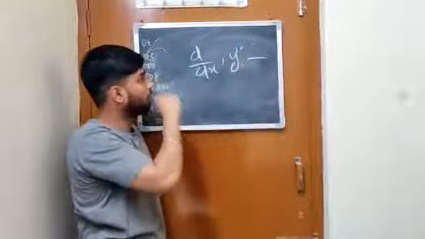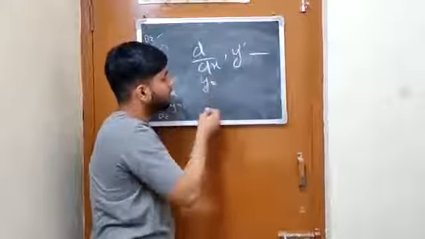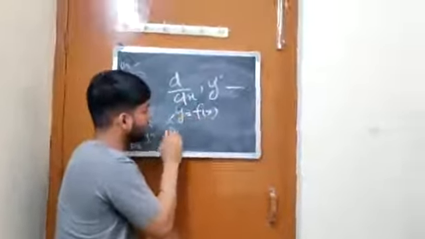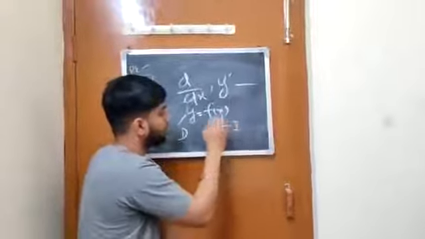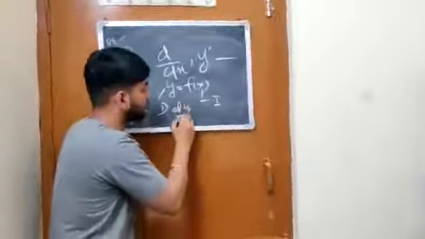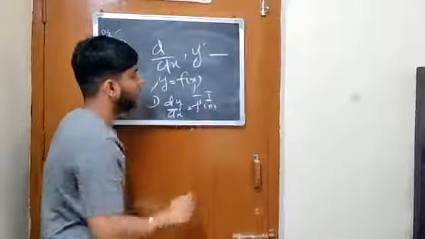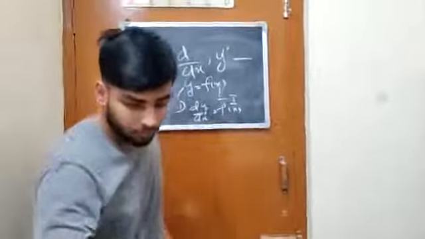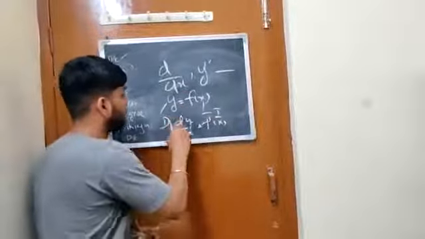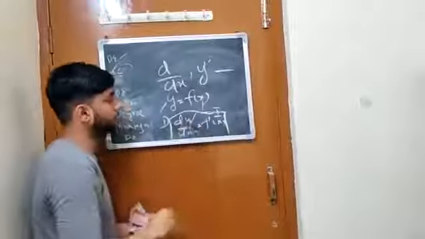Now, how can we write an equation? Let us suppose every equation is written in the form y is equal to f(x). Now what is y? It's a dependent variable. What is x? It's an independent variable. When we differentiate it, we write it in the form dy by dx is equal to f dash x. This is the equation which is known as a differential equation. This is the dependent variable and this is the independent variable.